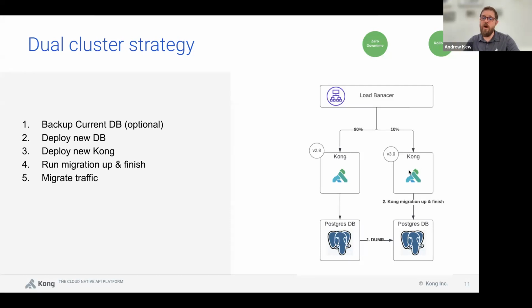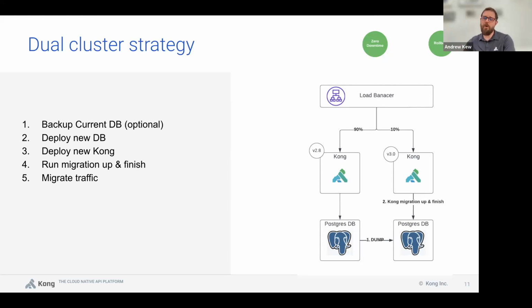You deploy your new Kong instance, you run the migration jobs, which effectively migrates the schema within the database, and then you start canary releasing your traffic between the two instances, slowly, obviously checking your observability, making sure that you're not getting any errors, and then slowly reducing the amount of traffic going to your old instance and increasing the amount on your new instance. And then once you've moved it the full way across, you can then pull down your older instance, in this case